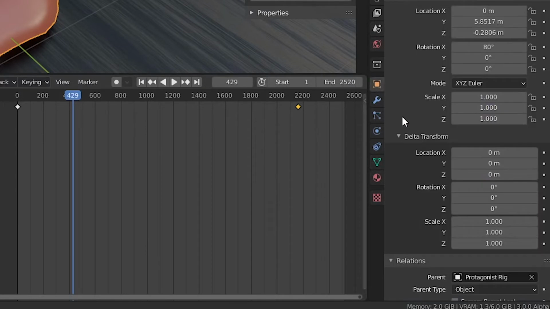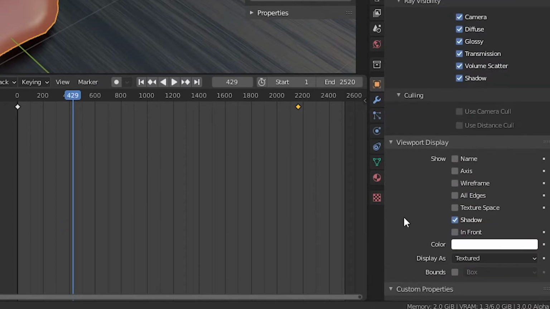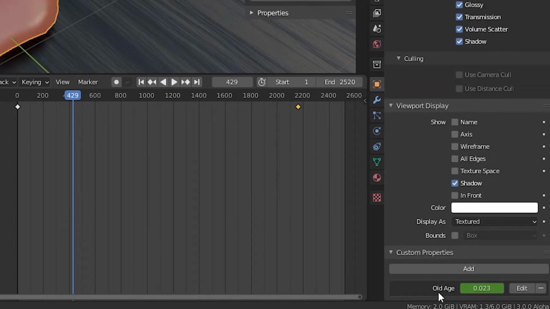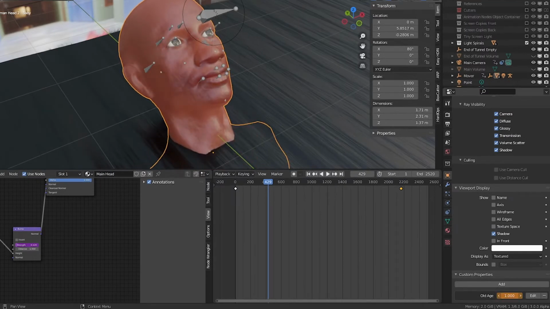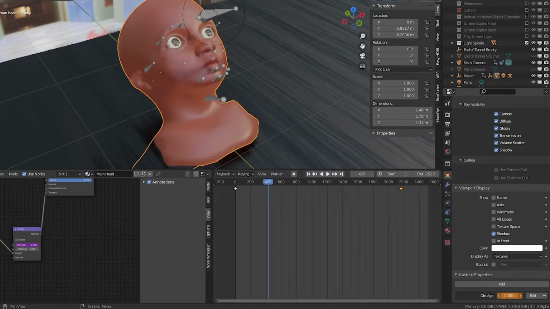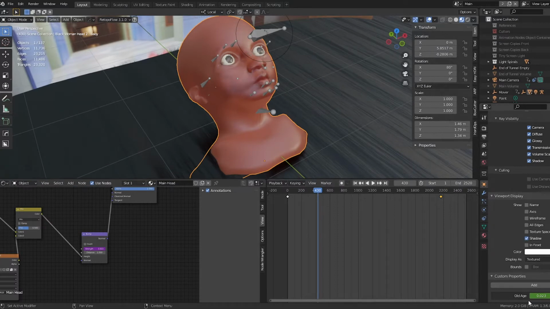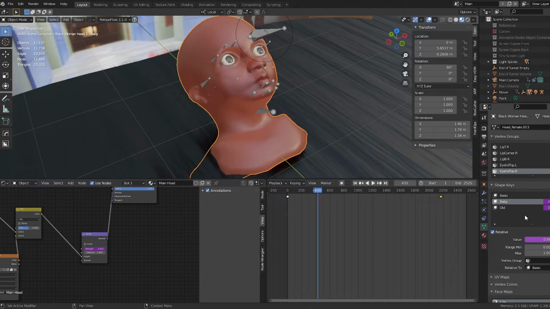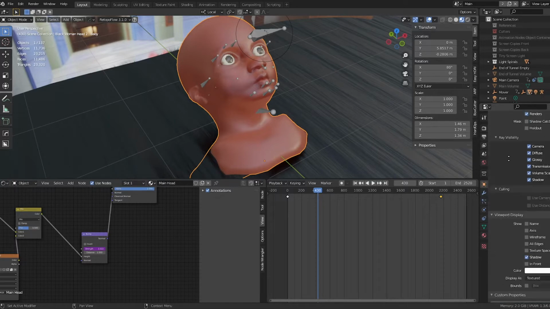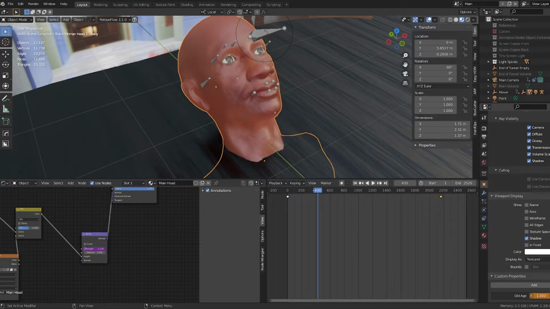can see if you go into this menu. I think it's called the object properties, and scroll down, and here's the old age variable. So if I increase this, you can watch the character age or de-age, depending on which direction I push it. I just made keyframes for this variable so that it increases as the scene moves along. The reason I used drivers for this rather than just using keyframes is that it simplifies things. It allowed me to just use this one variable to control all of the aging process,